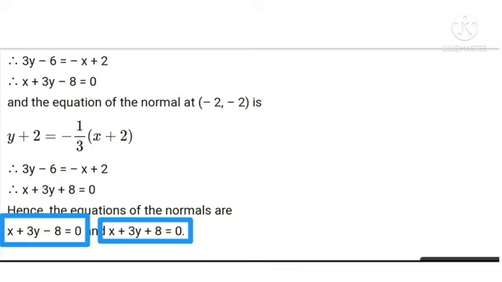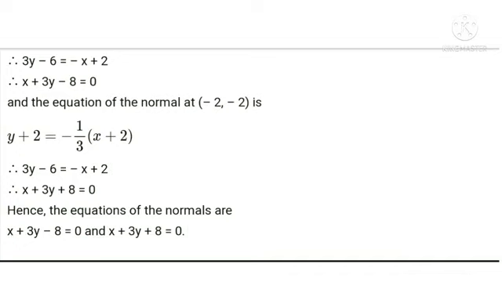Okay. See student, here it is question number 5. In this question, first you take the curve and find the derivative of that curve. We get slope of tangent. Then you find slope of normal, which is minus 1 upon slope of tangent. You get m1. And the required line is given. You suppose the slope of this line as m2. These two are parallel, therefore slopes are equal. You find the value of x1, y1, and then you find the equation of normal.